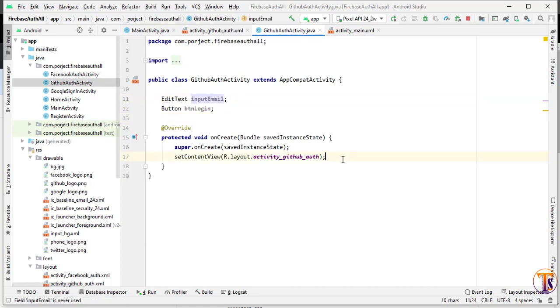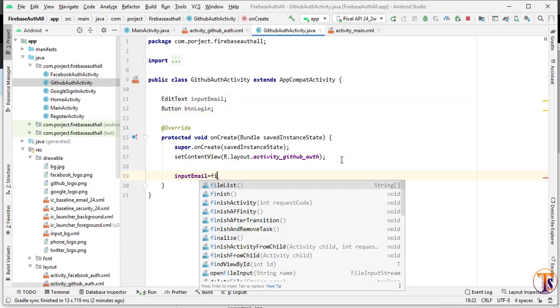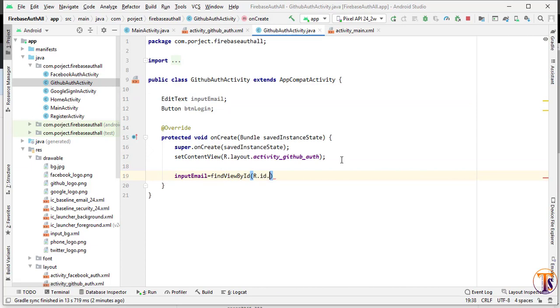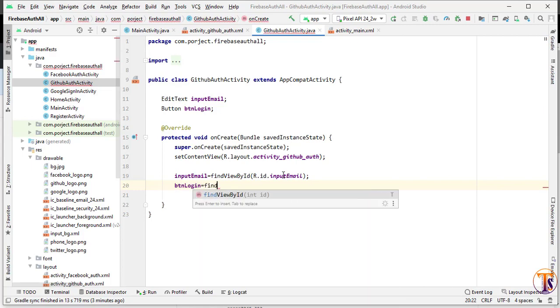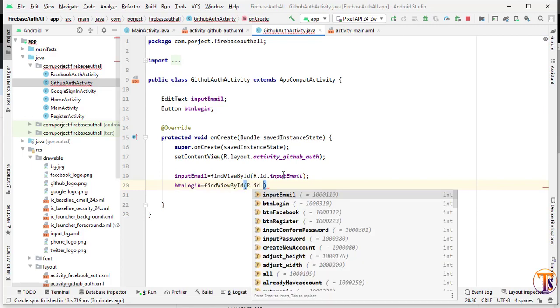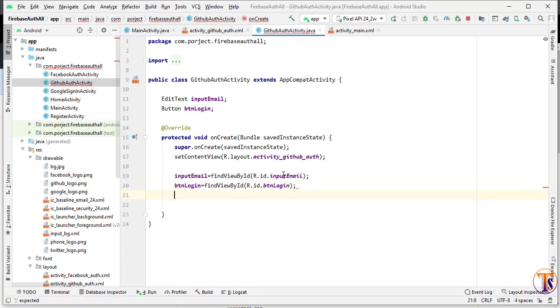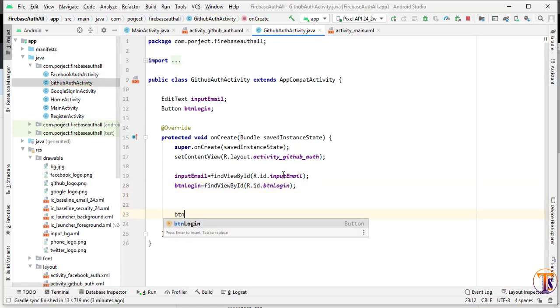I will initialize it with find view by id, R.id.btn login. Not login, it's the edit text, sorry, email. Okay, now btn login equal to find view by id R.id.btn login.